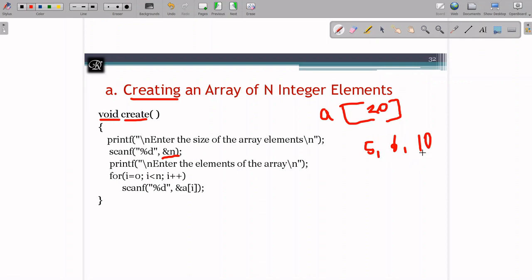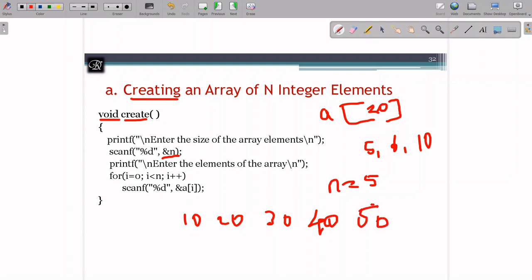So for that, first we will read the value of n. Let me take an example. Right now n, whatever I have entered, n value is 5, and I am going to ask you to enter the elements one by one. So here let me take those 5 elements are 10, 20, 30, 40 and 50.